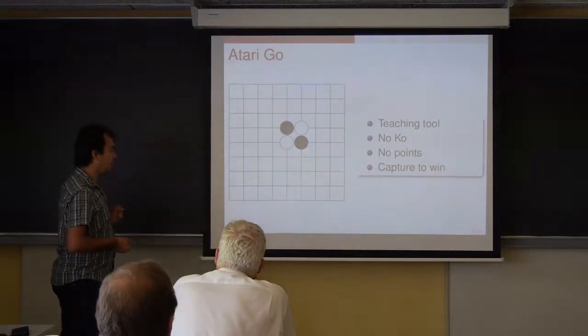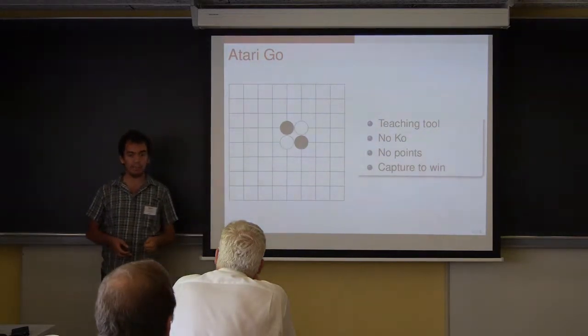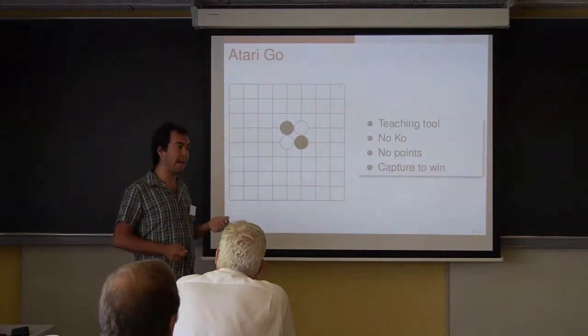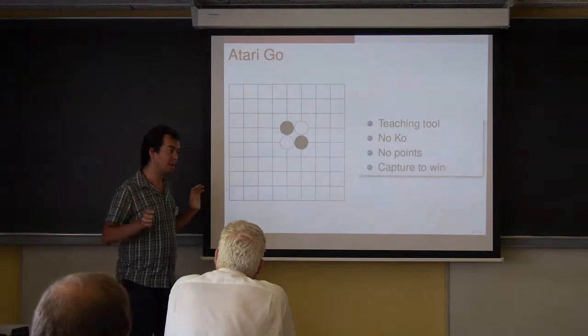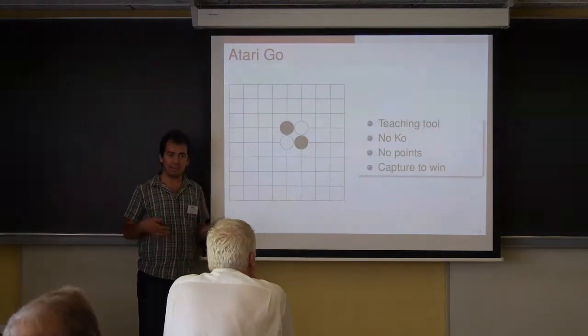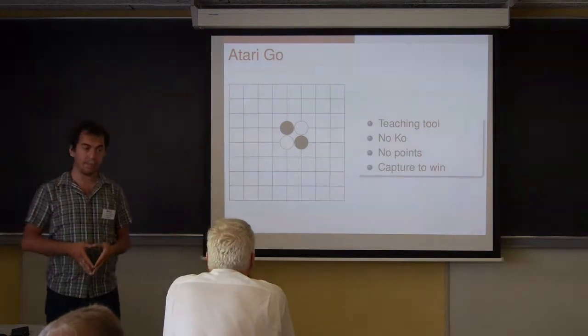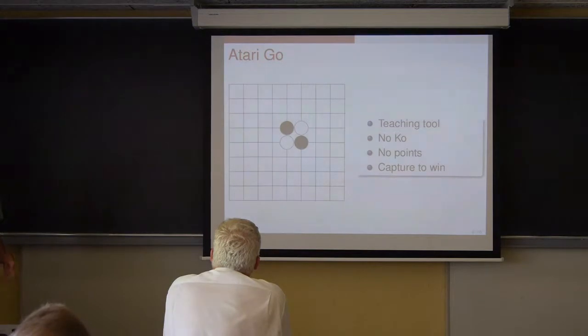So we start with an almost empty board with this pattern. And here we say that the winner is the first player to be able to capture an opponent's group. Then we don't have to score points, we don't have to think about code, and it makes it simpler for the beginner to understand the rules of the game. So how could such a game play out?